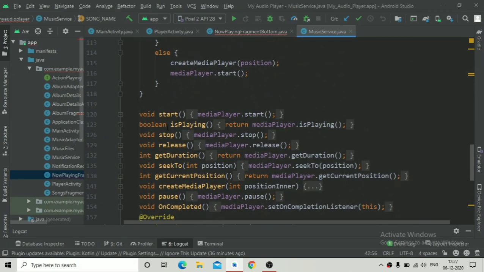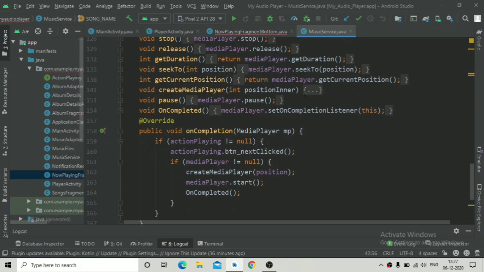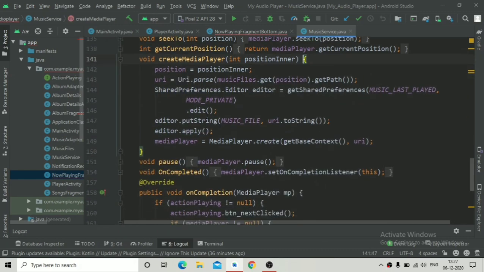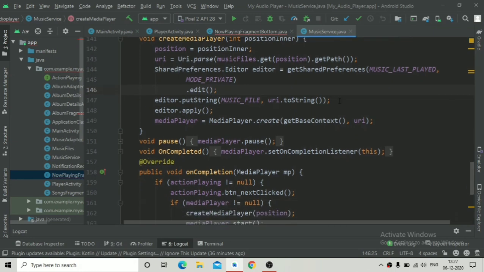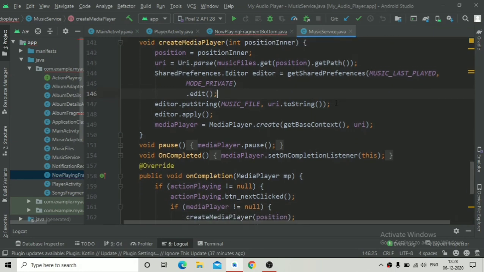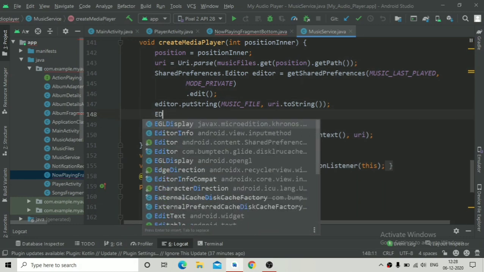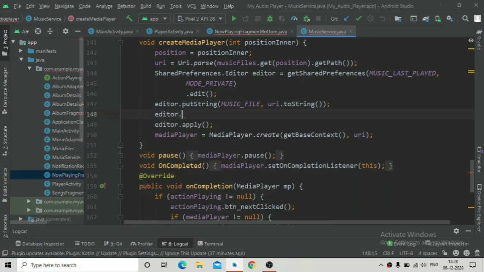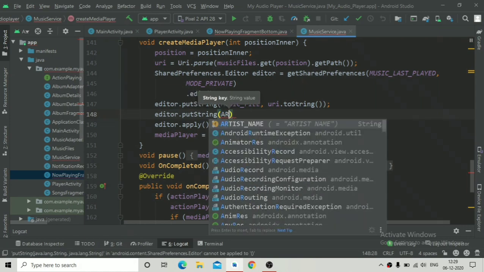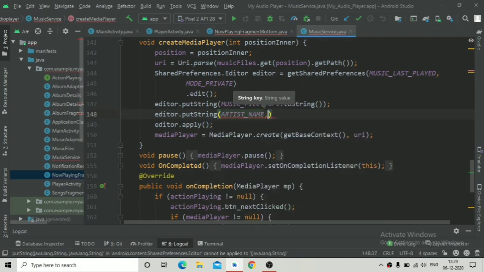So inside this music service class I'm going inside this createMediaPlayer method, and over here we will put string using the editor, the SharedPreferences editor variable. So just write editor.putString, and over here you have to pass the key and the value.